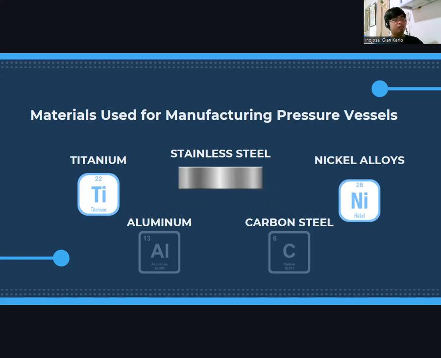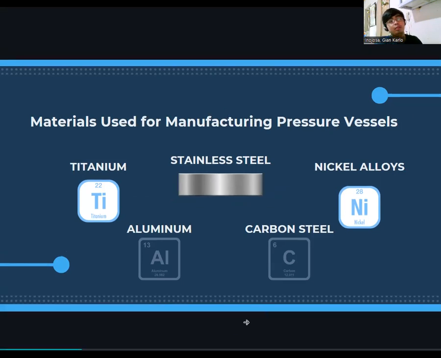So material used for manufacturing pressure vessel. So first is the titanium. Bakit nga ba titanium? Kasi ang mga titanium is extremely resistant sa corrosion. Next is it requires very little maintenance, and also it is non-toxic in nature. Next is the nickel alloys, which provides excellent protection from the thermal expansion. It is also suitable for use in harsh environments and extremely reliable and capable of lasting for several years.